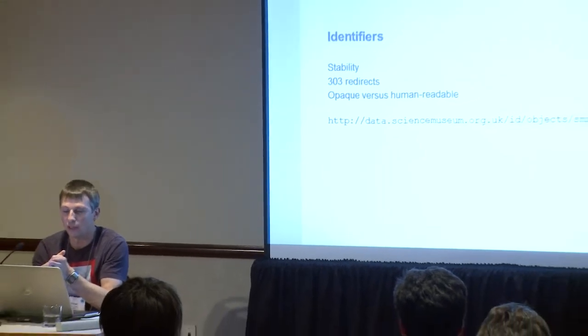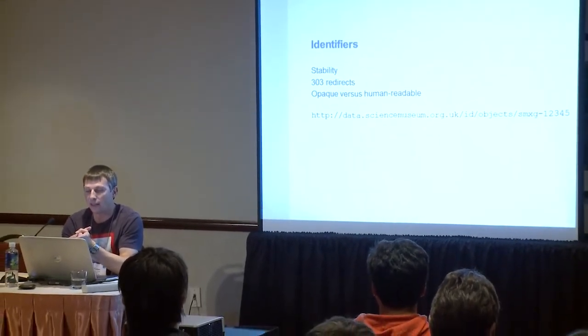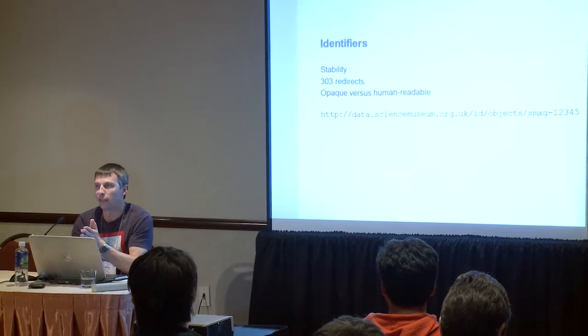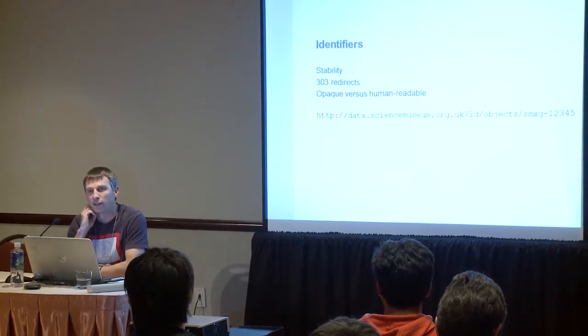In that case, at the bottom there's an example identifier that we ended up using, an example of one of these URIs. Here we take the domain name of the organization. And then the second part, there's a subtlety, something called 303 redirects. And there's a subtlety in the